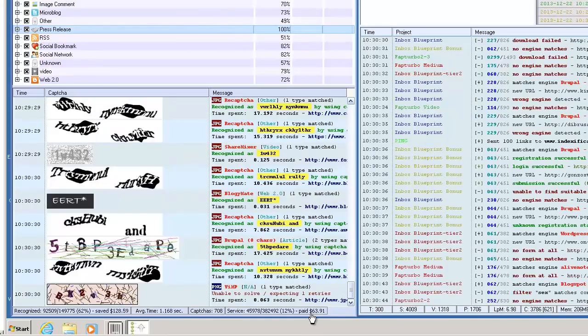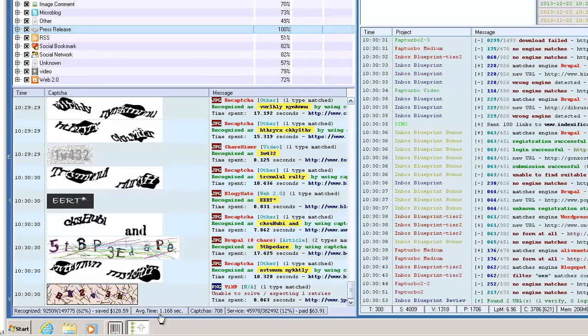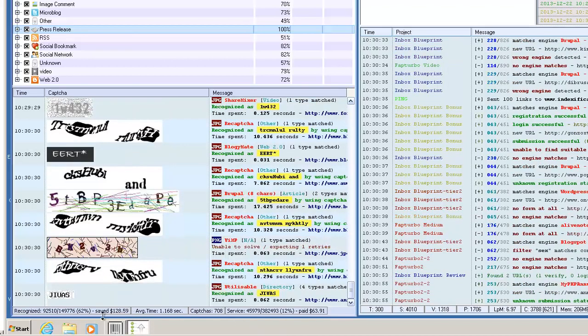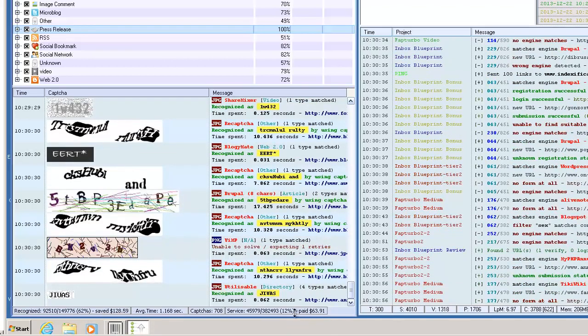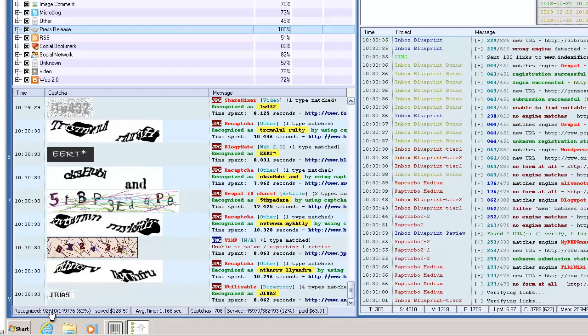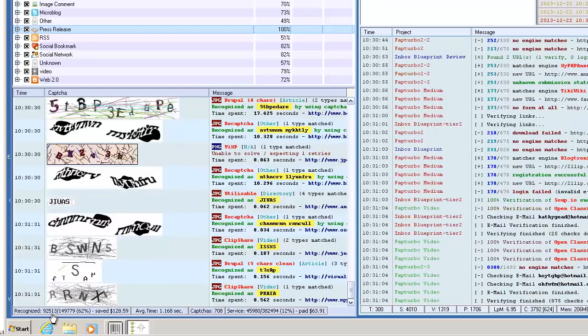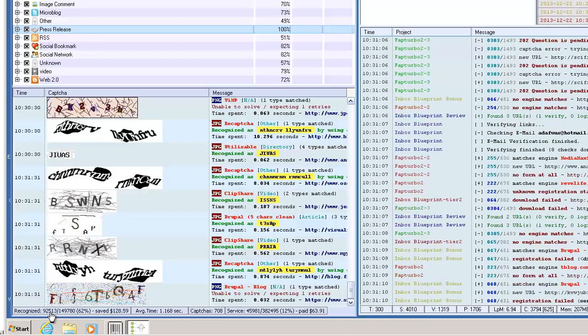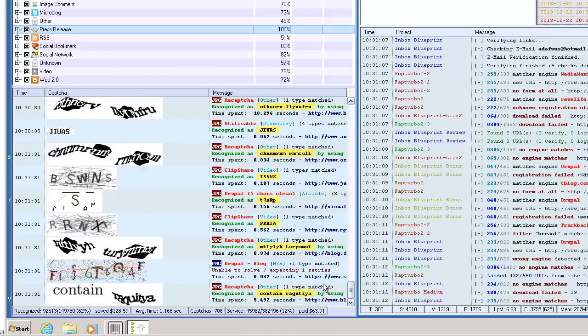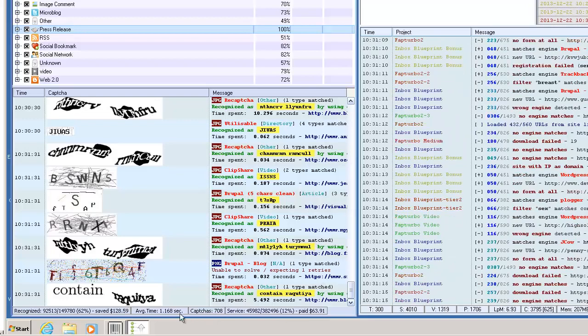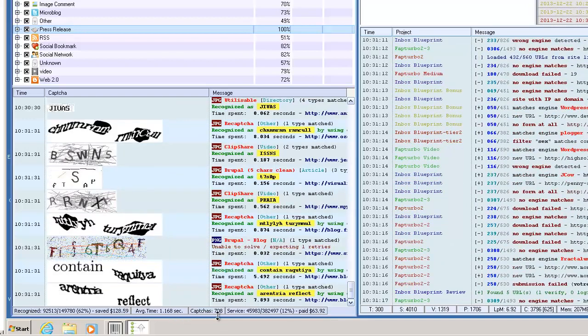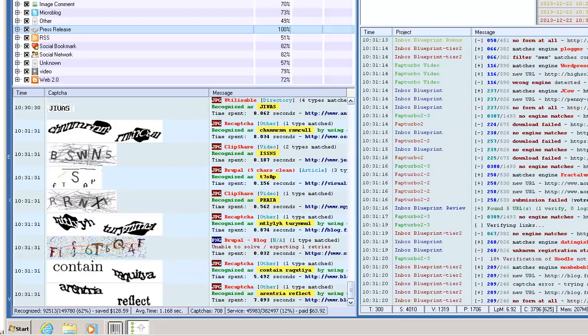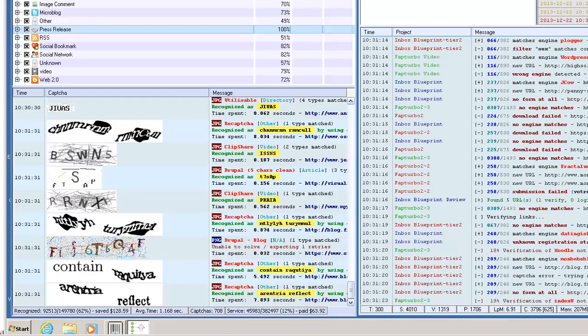Now, you'll also notice here that in CAPTCHA Breaker, we've got all kinds of information. It saved us $128 and cost us $63. So it's solving 62%. It's saved us a boatload of money. It's recognized 149,780 CAPTCHAs, and it's solved 92,000 of them, right? It's taking an average time of 1.168 seconds,